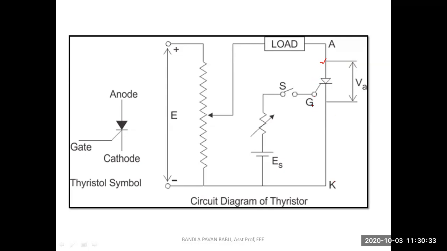Whereas coming to the diode, I hope you know the terminals of the diode. It has two terminals, anode and cathode. There is no way of controlling the switch. Just based upon the input, soon after reaching the cut-in voltage, obviously the diode is going to be turned on. When the voltage falls below the cut-in voltage, obviously the diode will turn off. So it depends upon the input supply.